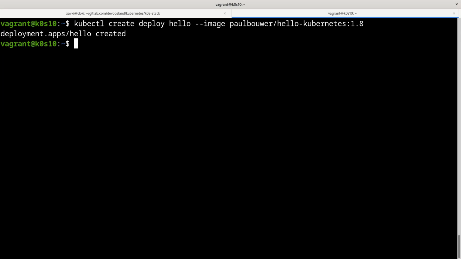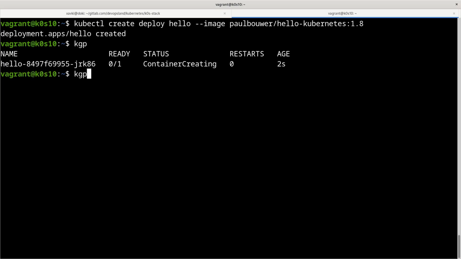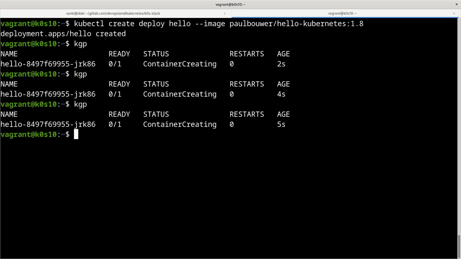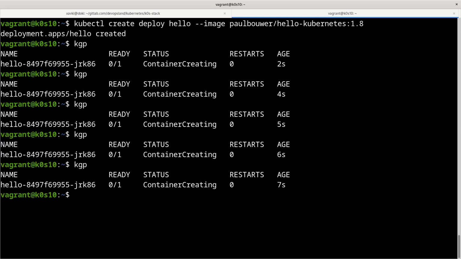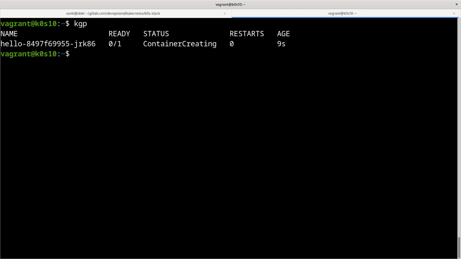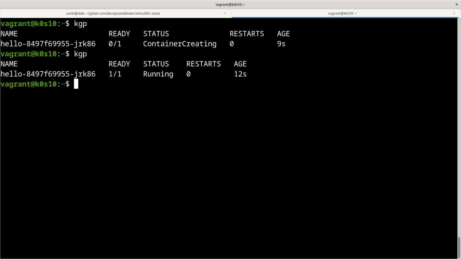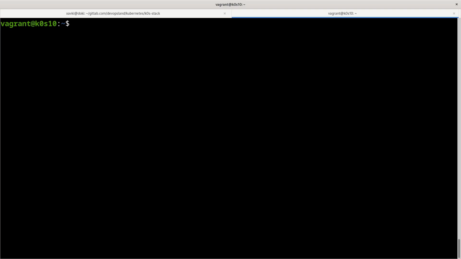If we do that and we check, we have another container and another pod, of course, and it's okay now, and we can scale it.